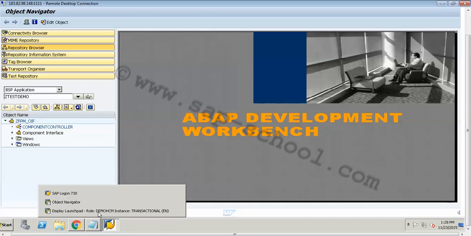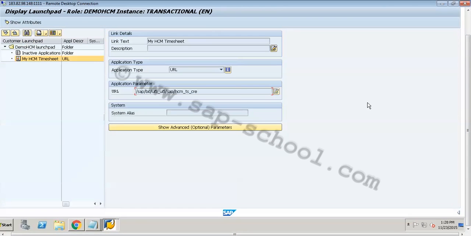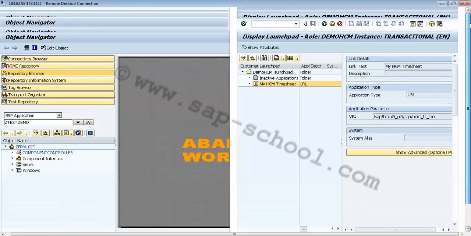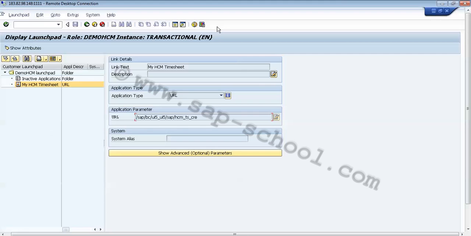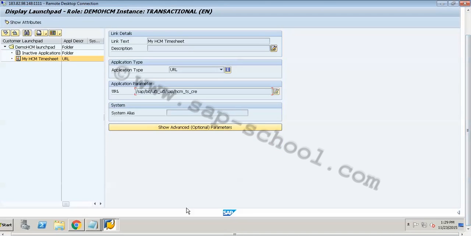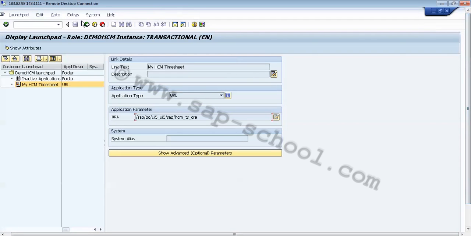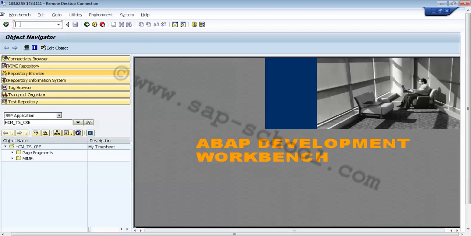So let's go back to the front end system and run the SCAT transaction here. We can check the BSP application in SCAT.